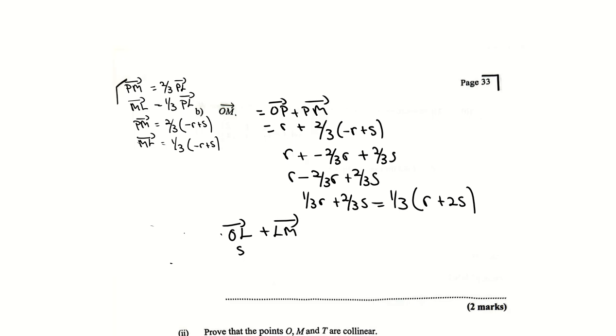Right, so we know again that ML, I'm going to multiply it out, is minus 1/3 R plus 1/3 S. So LM would be the opposite direction. So I'm multiplying everything by -1, which would be positive 1/3 R minus 1/3 S. Right? So I'm going to plus 1/3 R